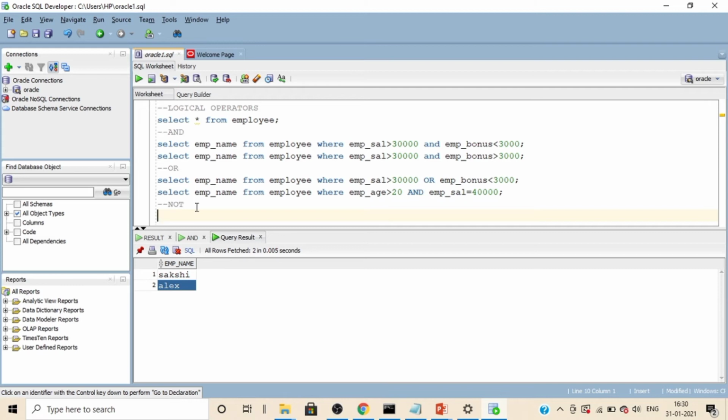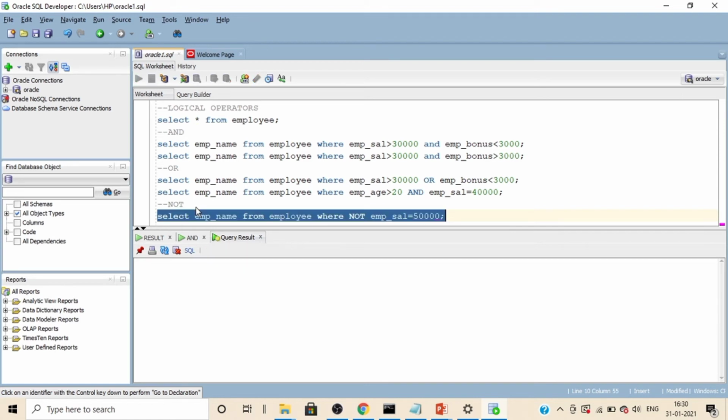Suppose we want to retrieve all the employees from the employee table who are not getting their salary as 50,000. The query is as follows: select EMP_NAME from employee where not EMP_SAL equal to 50,000.